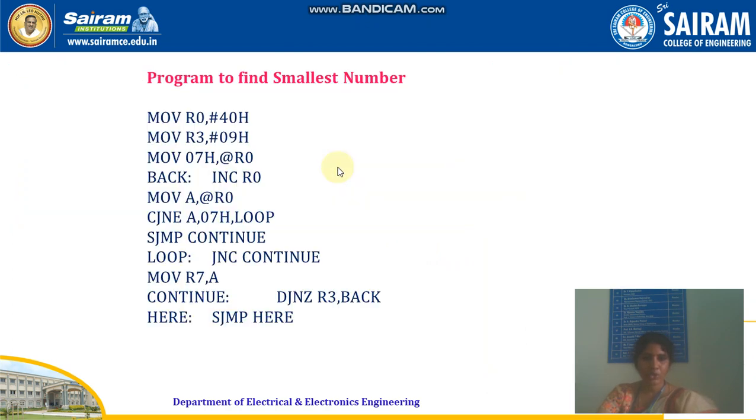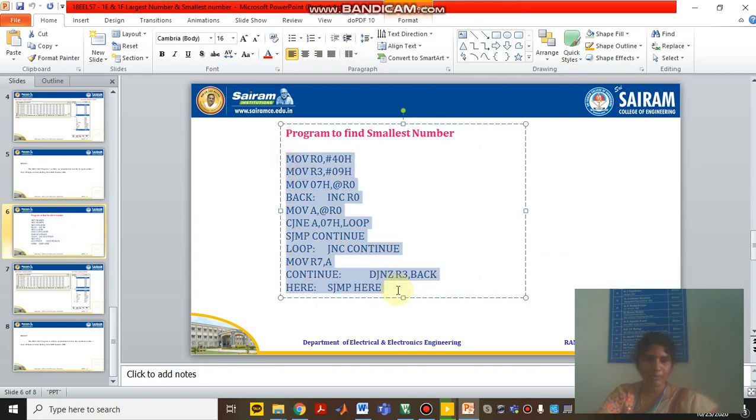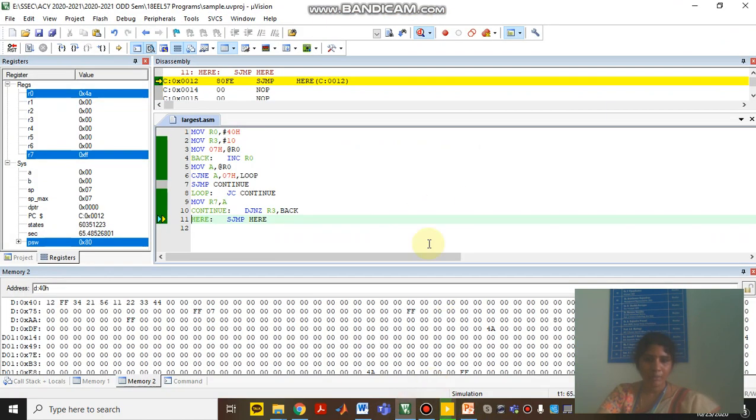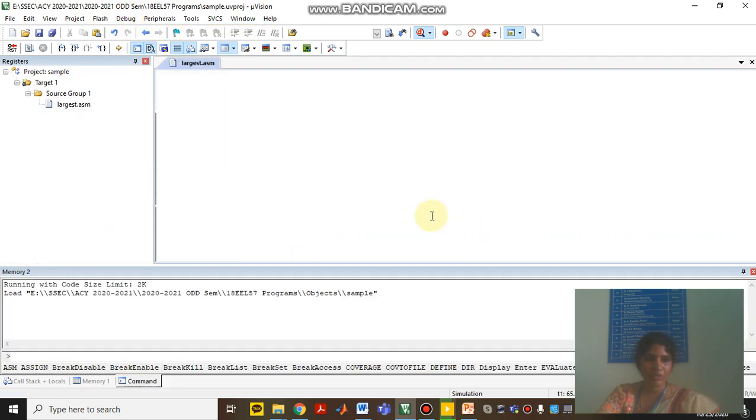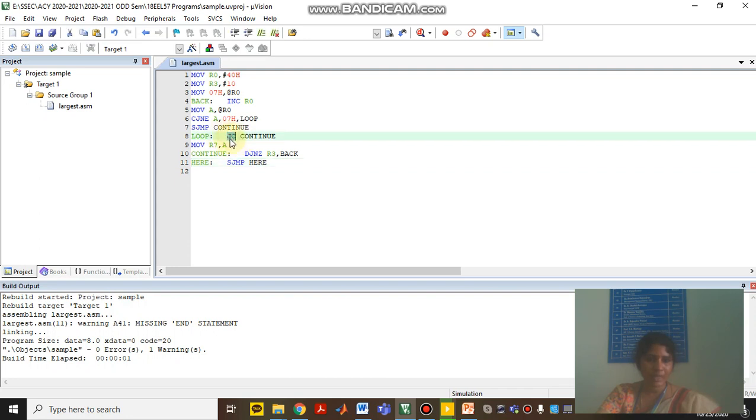Now I will be showing this particular smallest program in microcontroller program execution. Come out from the start stop debug session. Instead of this particular jump on carry, you have to give jump on no carry. Then again you save, and build the target.